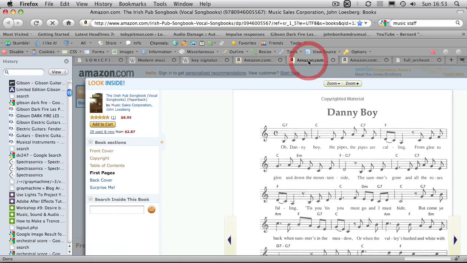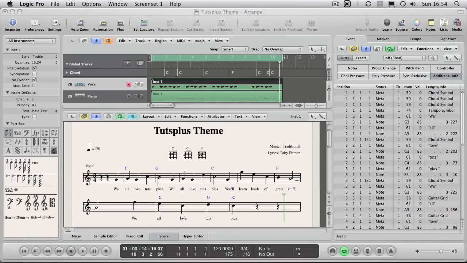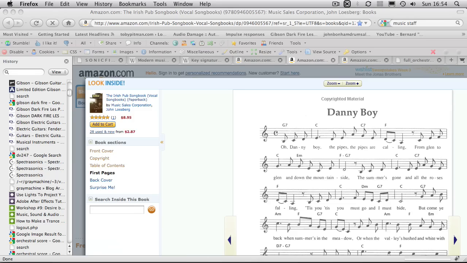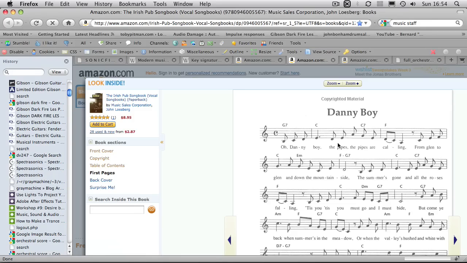Now what I've got next is a step up from that, which is the same concept, just the chords and the melody, but now we've got the lyrics, and this is what you're seeing here. Now then, just get back into Firefox. This is a pretty popular format as well. Probably the most popular